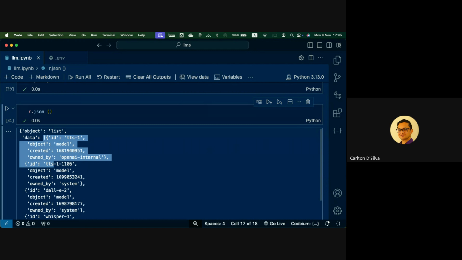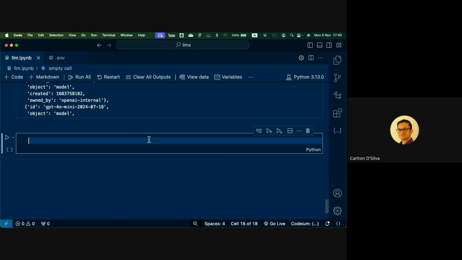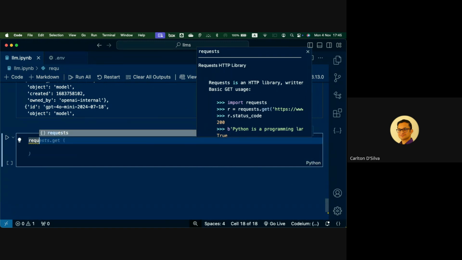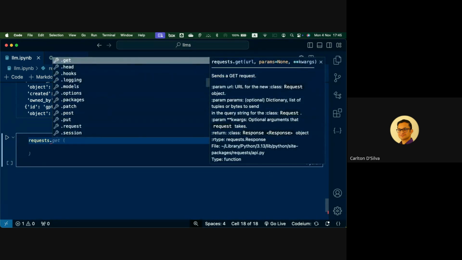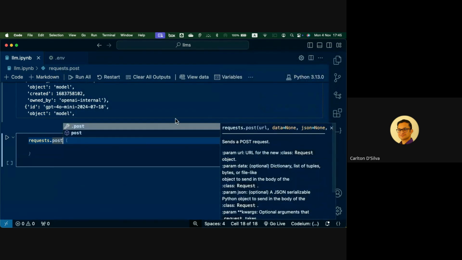Okay, so now what I'll show you is, usually when working with LLMs, the POST requests tend to be a little more complicated. So it'll be a good idea to set everything up in such a way that it's easy for you to work with the LLM API. Typically, if you have watched the videos, you will notice it's actually quite complicated.